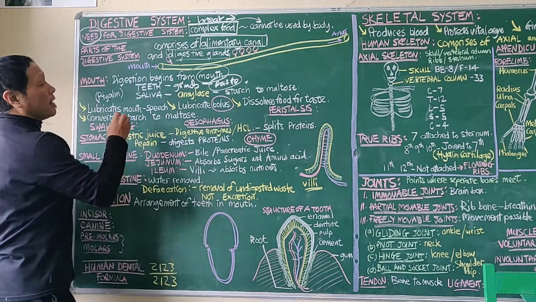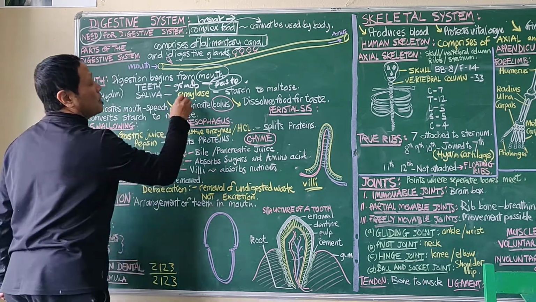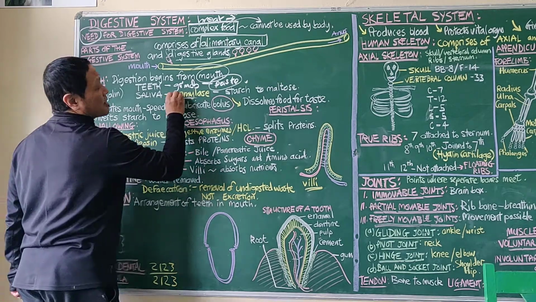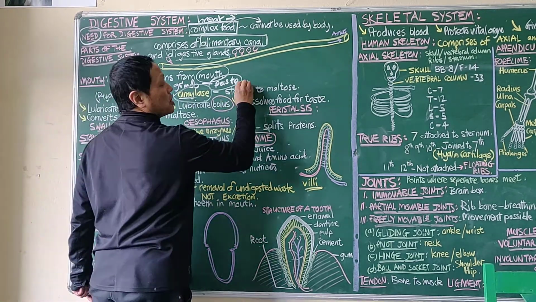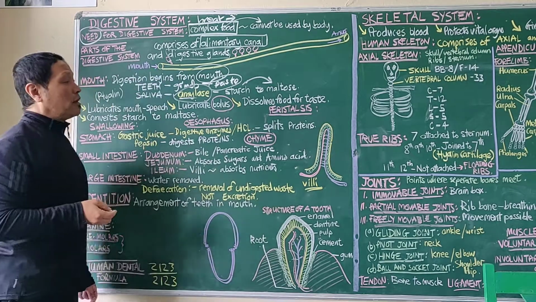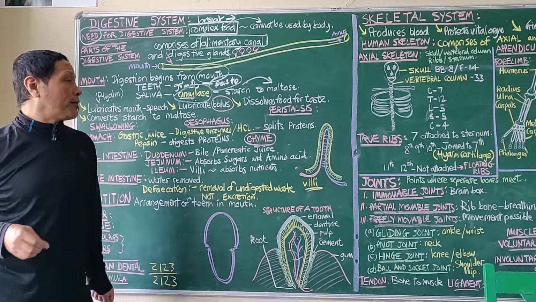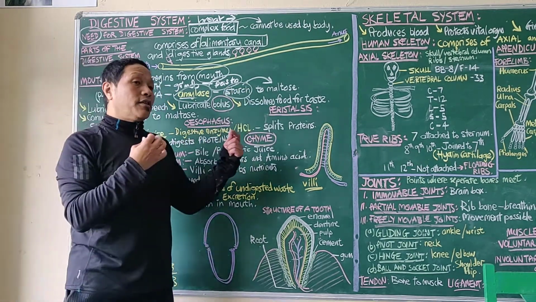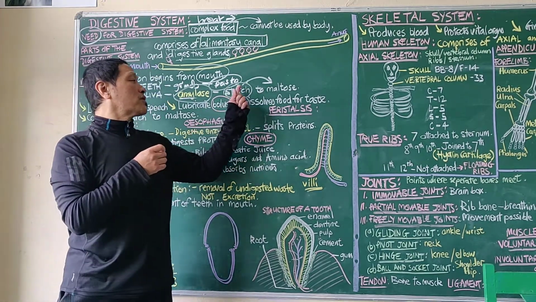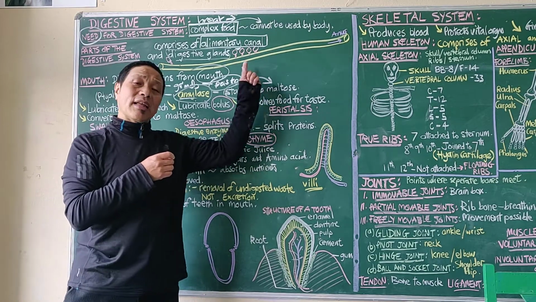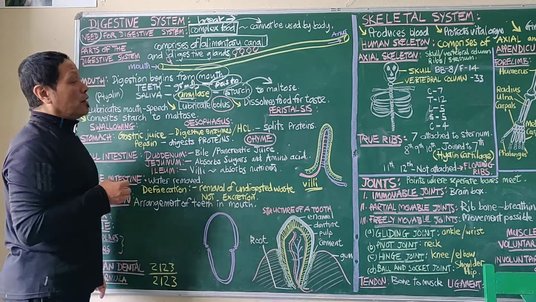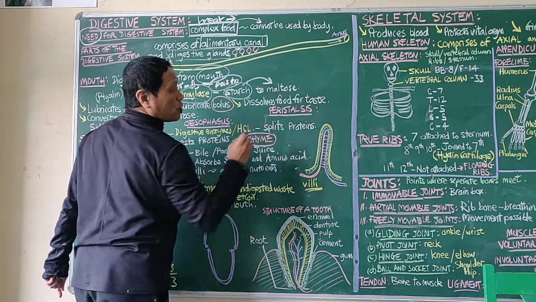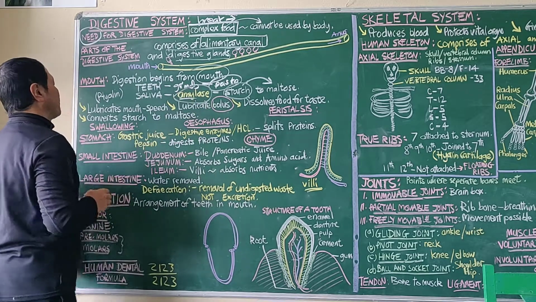Okay? Then you have saliva. Saliva contains amylase, which is also known as ptyalin. Amylase is an enzyme which converts starch into maltose, a form of sugar. Starch cannot be used by the body because it's a complex structure. It's a form of sugar which can be stored, and it's stored in plants, not in animals. So starch needs to be broken down. So it's broken down into maltose by amylase.